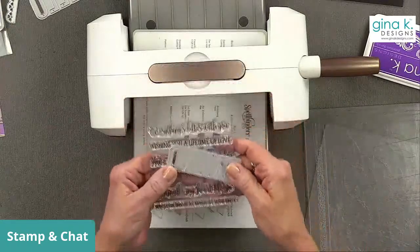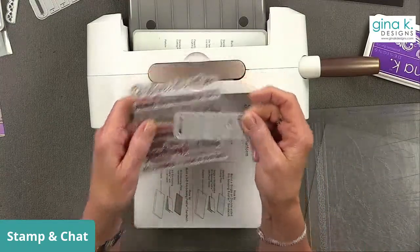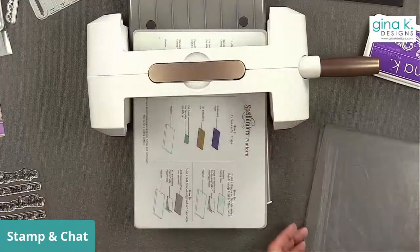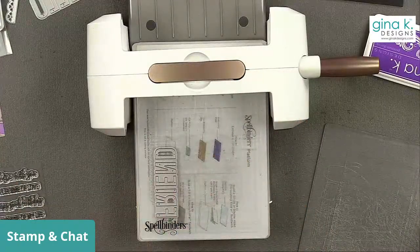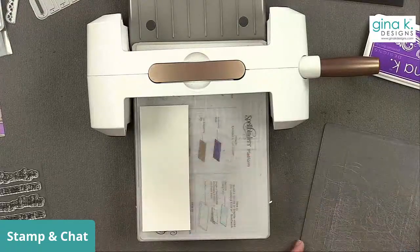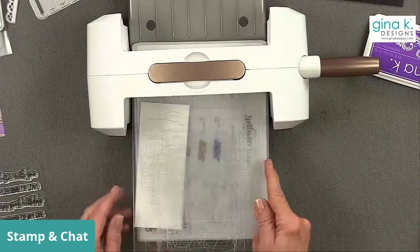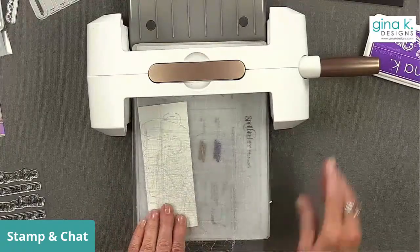Is friend winning? I think friend might be winning. All right, friend is winning. All right, we're gonna do friend. I'll try to whip up another card later using the hello one with this same technique. And I'm going to try this on white to see how it looks. But if it doesn't look good, I think I might have to go with black because I really want it